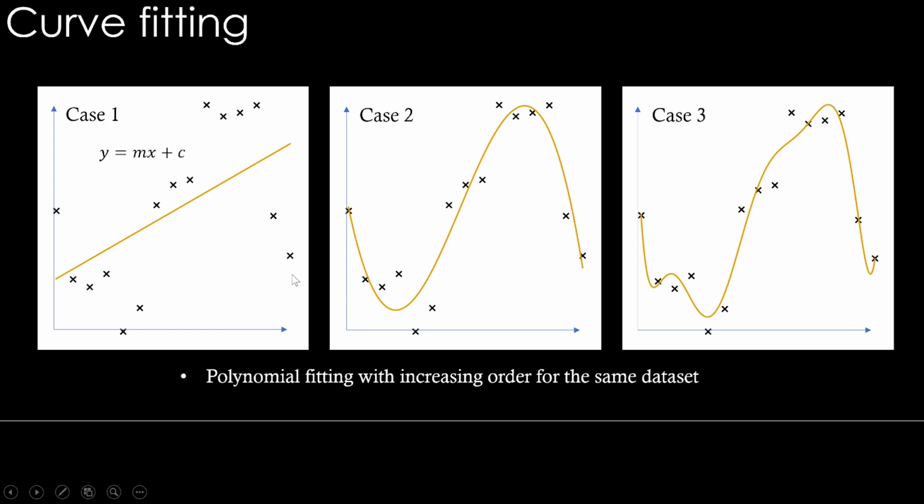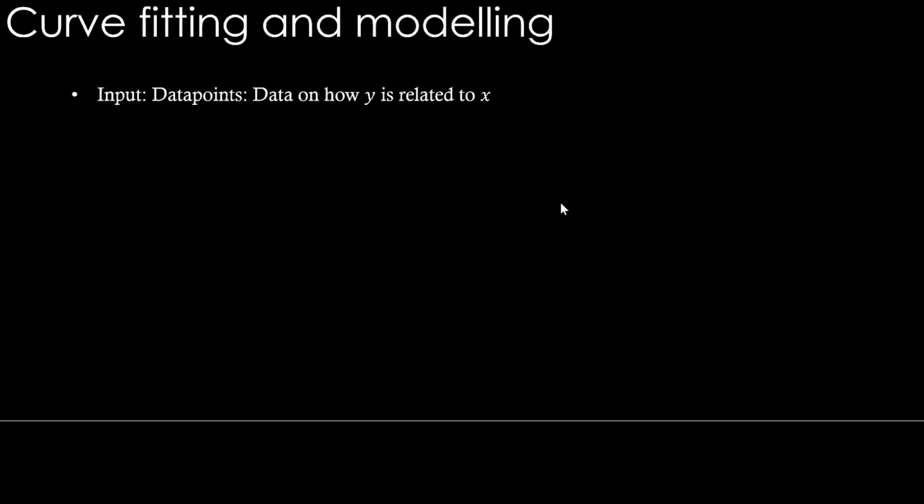If you see, this is mx, x power 1. So this is order 1, and you can choose something like order 2 or 3 here, and even higher order. This can look like ax cube plus bx square plus cx plus d, something like that, a higher order fitting. So this is what we have seen. Input is going to be data points for curve fitting and data on how y is related to x. When we go to Gibbs energy modeling, we will see how Gibbs energy is related to many other properties.